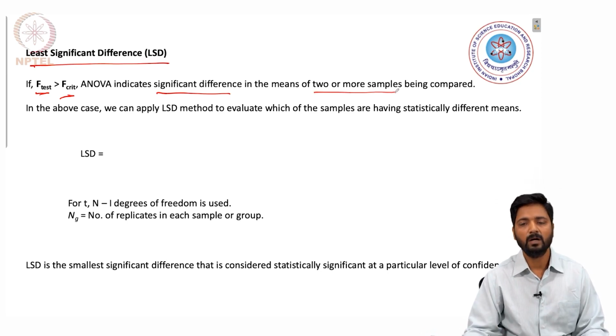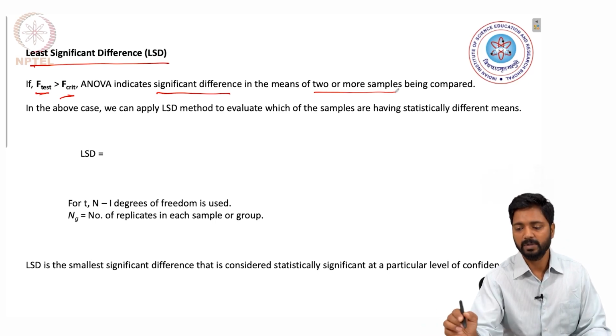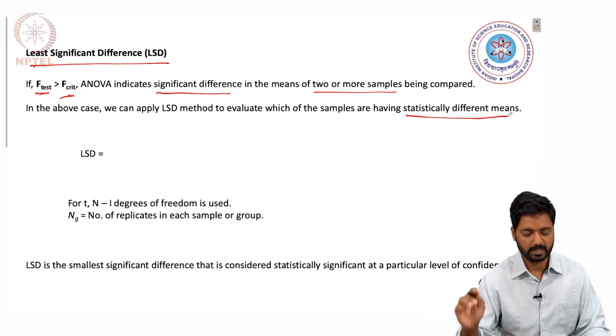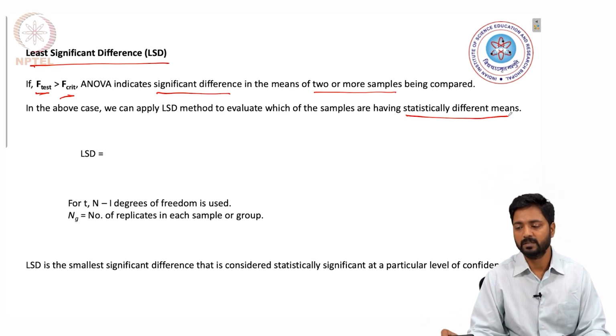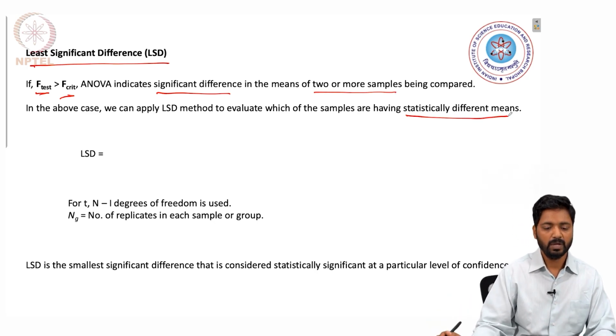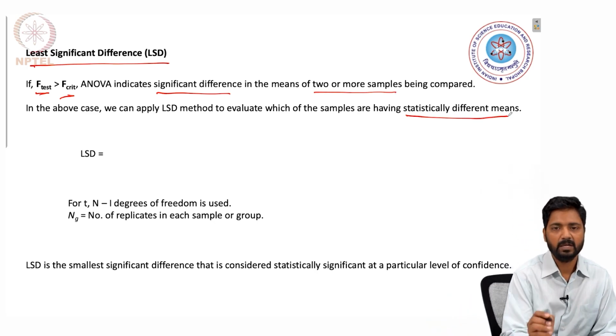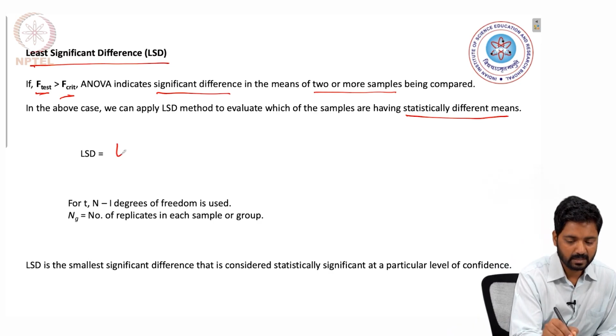However, at this moment we are not sure which of these samples actually have different means. For that, the LSD method will be applied to evaluate which of the samples being compared have statistically significantly different means. So, LSD can be calculated as